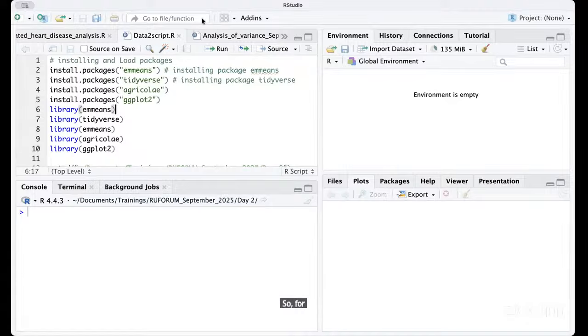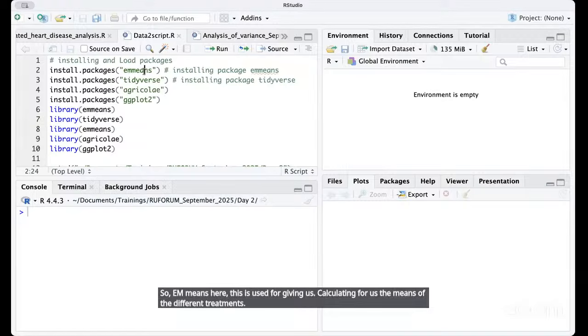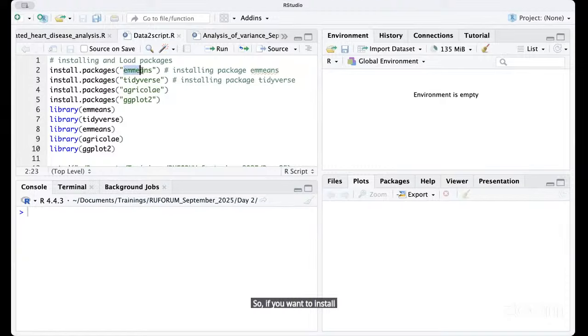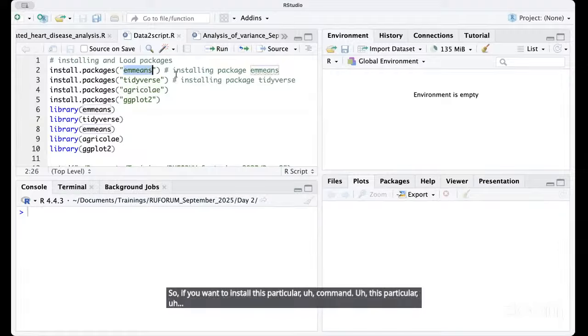For example, here we have emmeans. This is used for calculating the means of the different treatments. If you want to install this particular package, this library, then we use this command here,